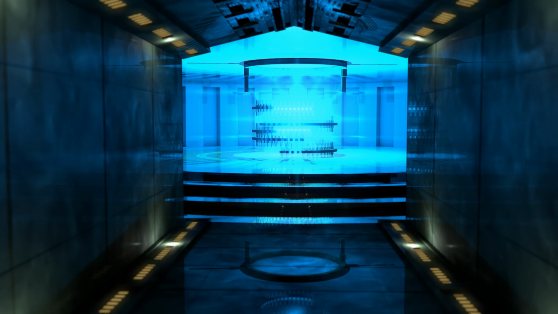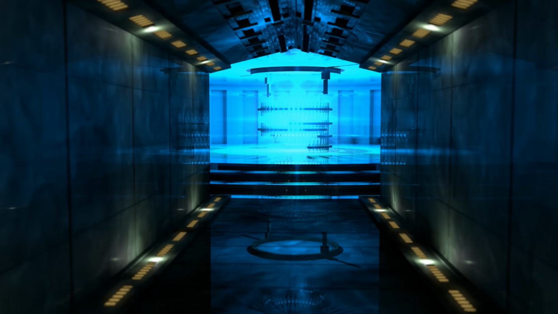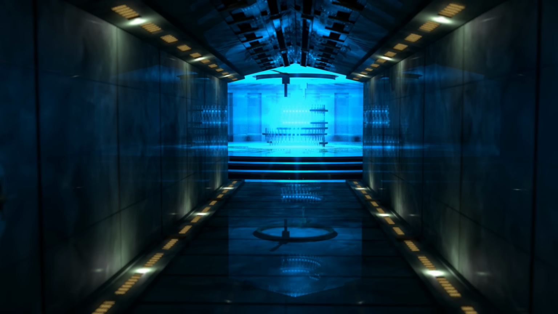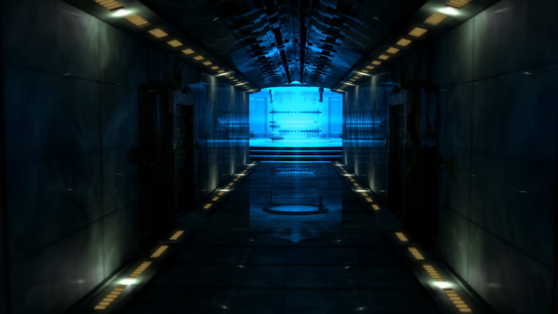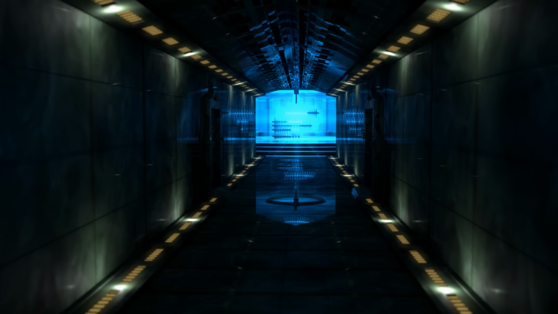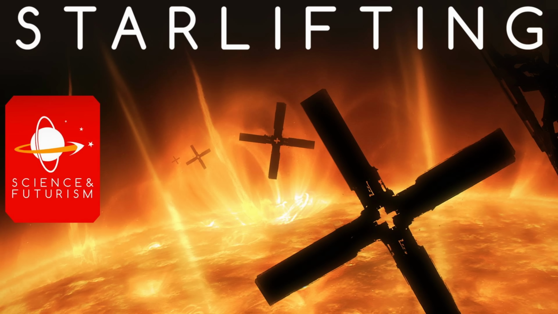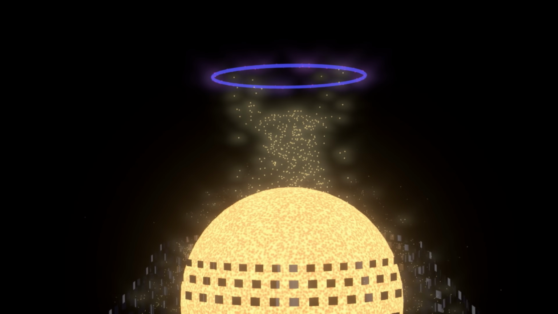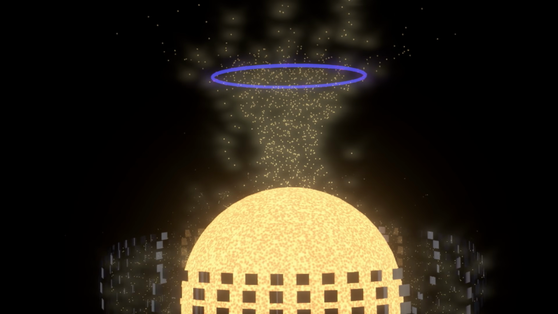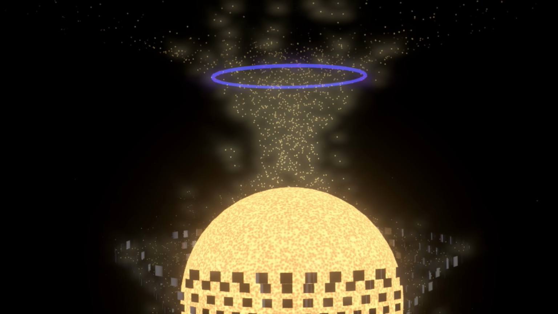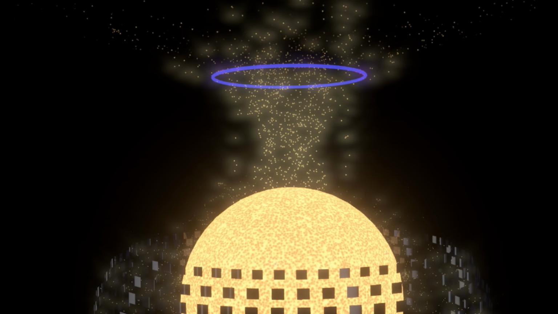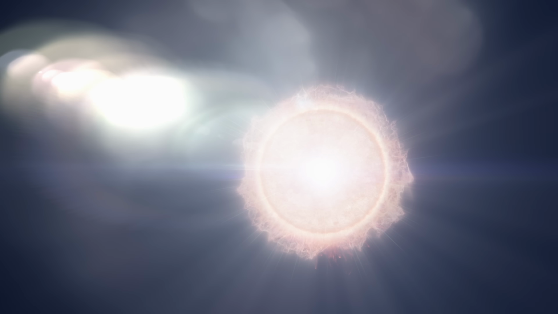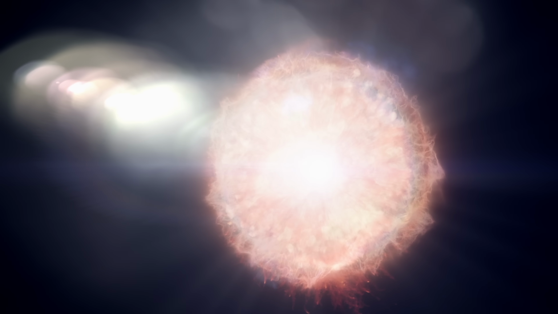Creating a gravity field the size of a basketball with 1 billion times normal gravity might be no more challenging than generating artificial gravity for a spaceship. Additionally, it offers valuable applications for managing oversized stars. For instance, we've discussed mining stars, known as starlifting, by using their emitted energy to extract matter from their massive gravity wells. This process could be used to extend a star's lifetime by removing fusion byproducts, cycling in fresh hydrogen, or even preventing large stars from going supernova by decreasing their mass. Artificial gravity might significantly simplify these processes, making them more efficient and practical.